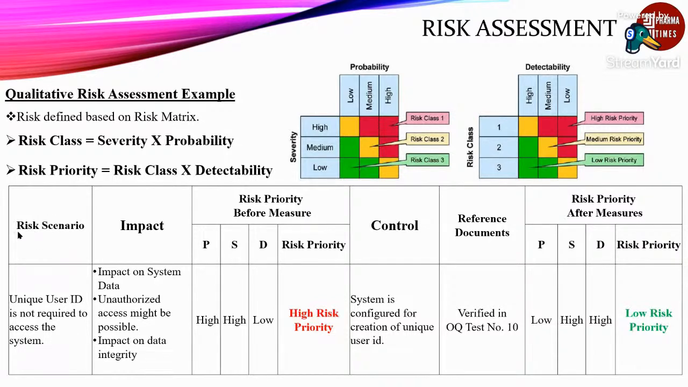So this type of table is used to prepare a combined document. Sometimes pre-risk means before measures are defined in the pre-risk assessment, and after measures are defined in the post-risk assessment. And this scenario is prepared based on the URS for validation activity, and many other risk scenarios are prepared for